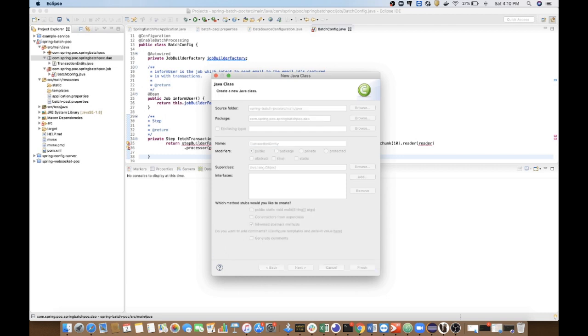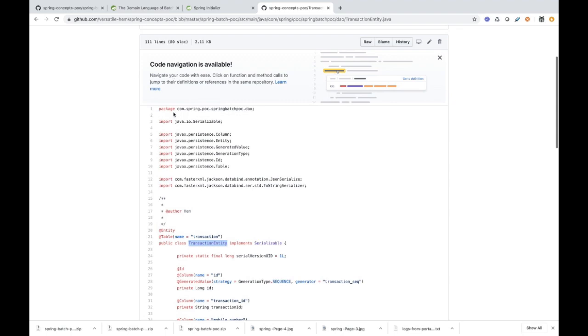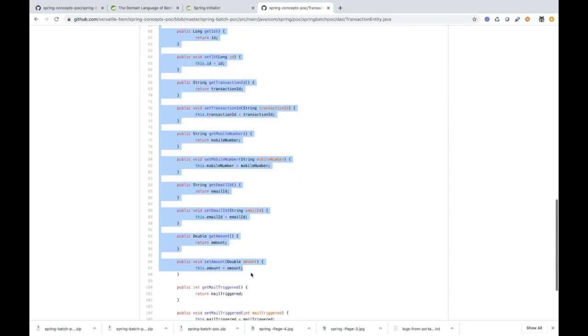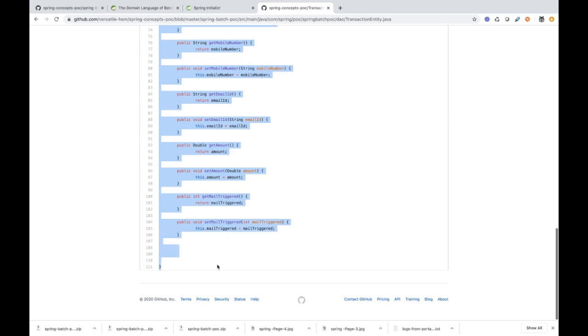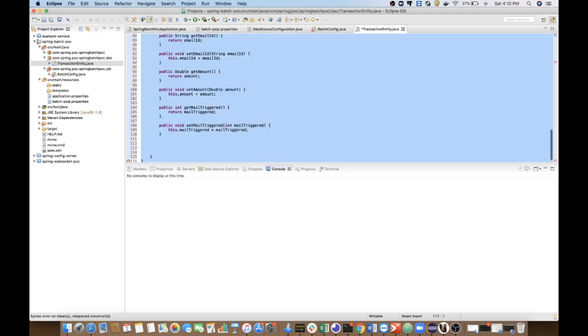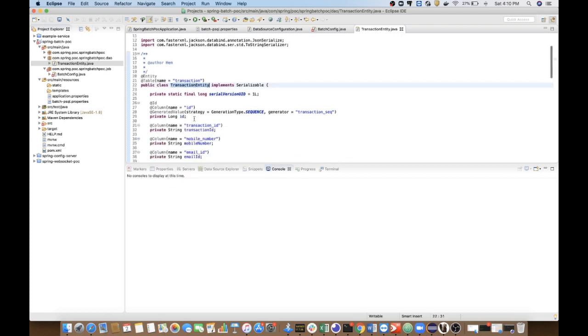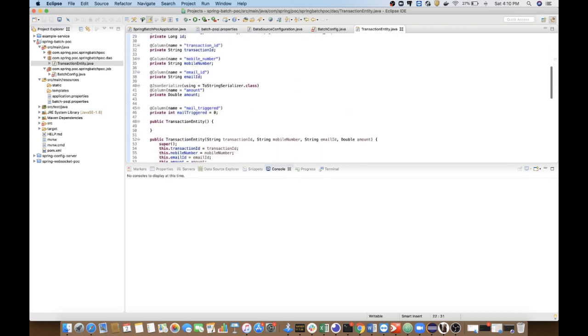So this is my repository. Basically, it is a POJO class for transaction. There are multiple columns in the database.